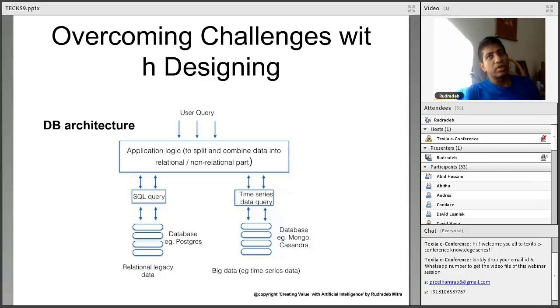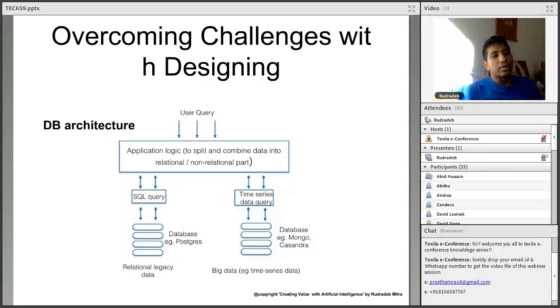One is your traditional SQL-based database, where you have a lot of data from the past, which is relational data, right? But then in the new part, where you're collecting all the data about users, driving, whatever you are doing, it's often time series data or big data.